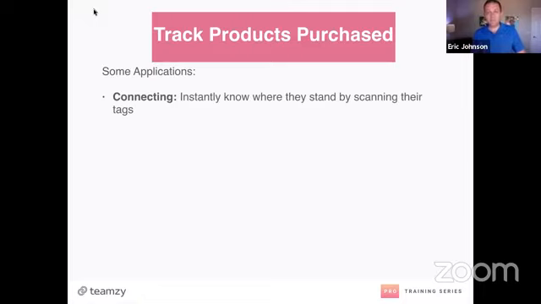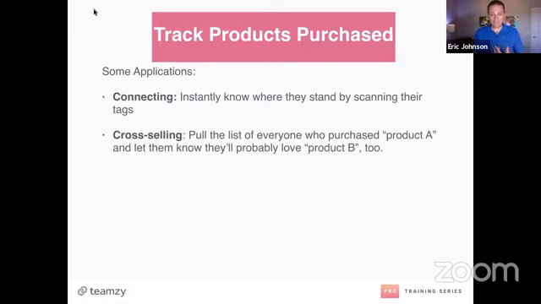If you're tagging the products that they're purchasing, you'll instantly know where they stand by scanning their tags. So for example, they come up on your up next list for you to connect. Bam, I just go over and I look at details and I see all the tags and go, oh, okay, this person uses this product, and this product. So I can just say, hey man, how's your day going? Or I can ask something specific product related. You with me? So just having all that information there instantly lets me know where they stand in the business.